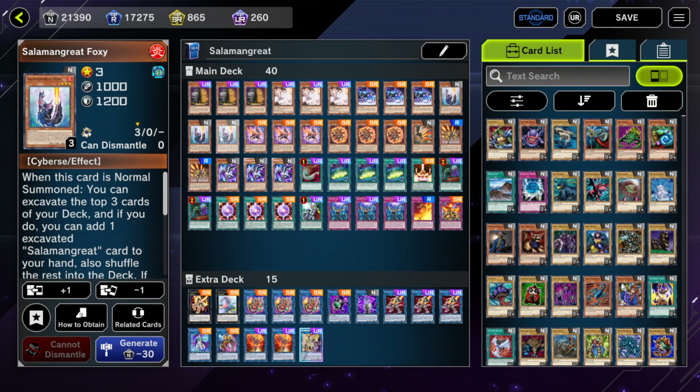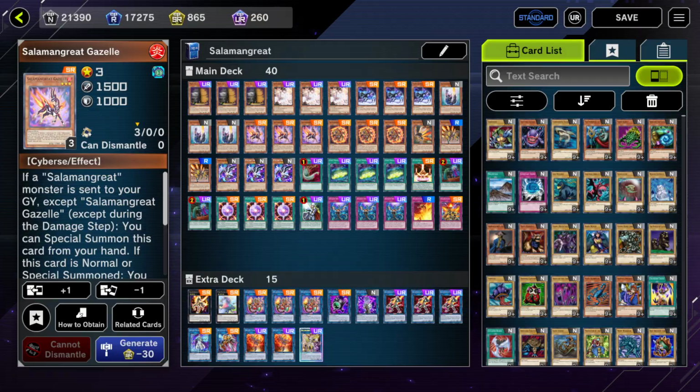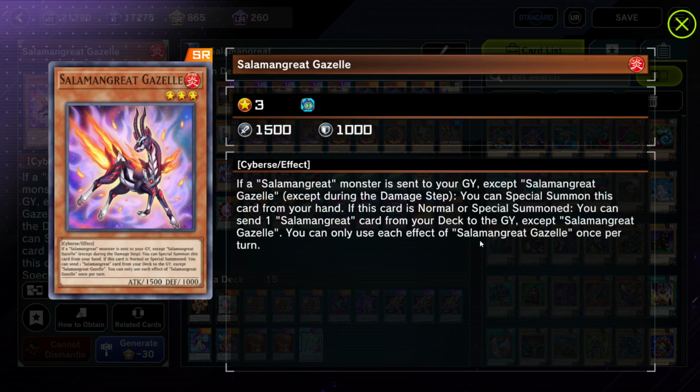Foxy is an Excavate. It's like a Pot of Duality, and if this gets revived from the graveyard, it pops a spell trap, so it's really great going second. Salamangreat Gazelle is your main starter. You can special summon this card from your hand, so if you're doing a link play, it will instantly trigger,